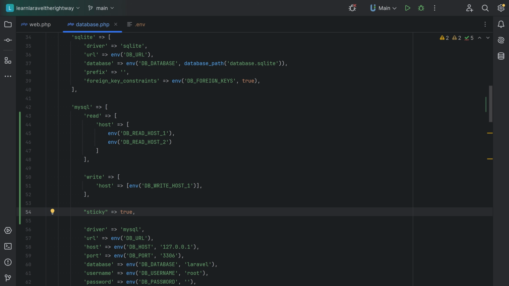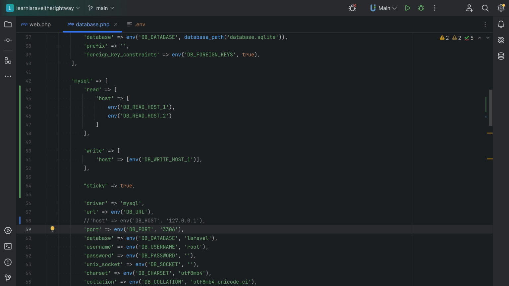Now, if you were actually defining your write connection, then you would probably comment this part out or remove it, because it wouldn't make sense to have that here in this case since you're defining both read and write database hosts. You could essentially, instead of having db-write host here as your environment variable, just have db-host, and that's basically your primary database that you use for writing, and then you have additional hosts for the read operations, and remove